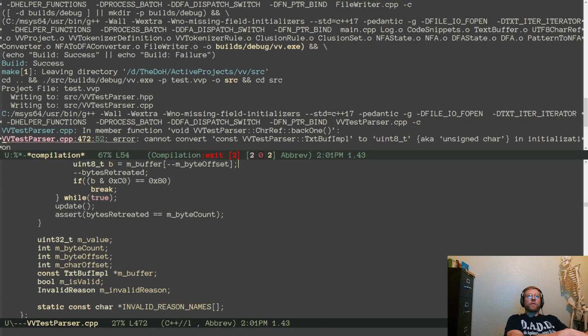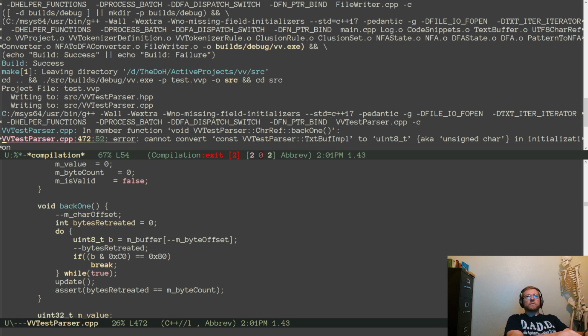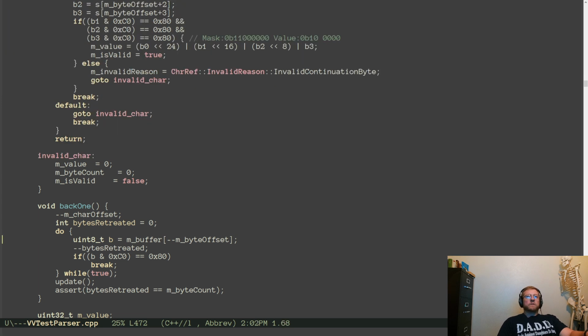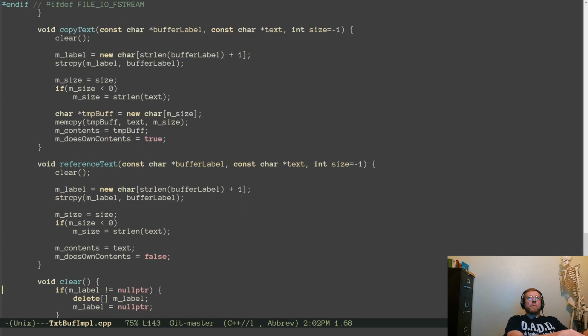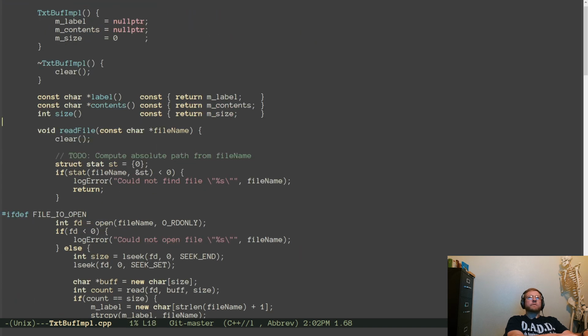Oh. Back one. TxtBuf implementation. Contents.